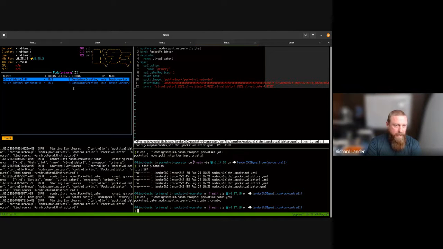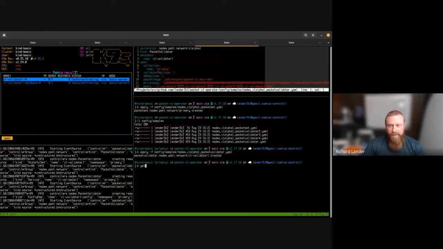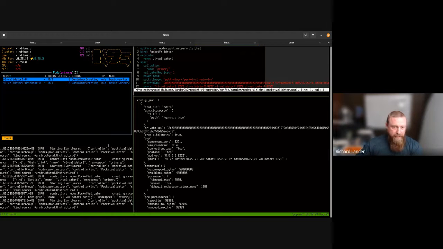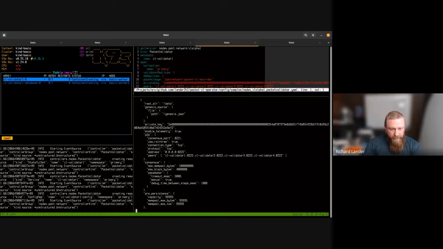And this is a wrinkle for which we need to develop a solution, and that is this. So if I create a little more space here, if I get the config map that is generated for this particular Pocket Validator, which is the V1 Validator config, this one right here, I'm going to output that to YAML and then take a look at it. Okay, so this is the configuration. You can see that the controller inserted the private key that we supplied up here. It inserted it into the config map for us. It also inserted the peers for us. And then when we get down here,